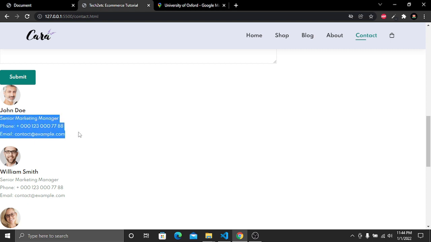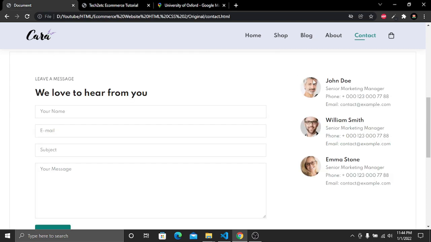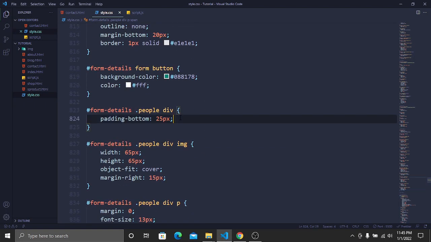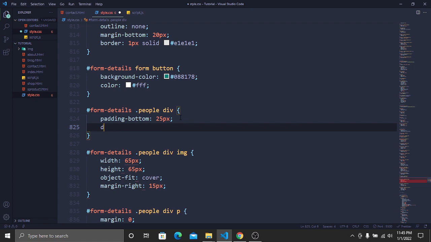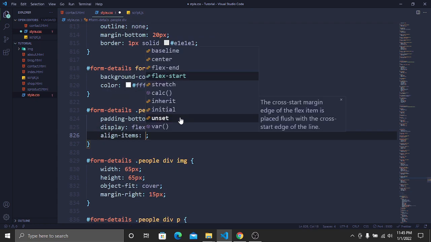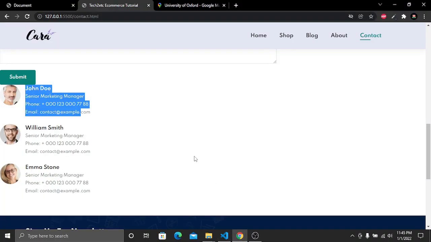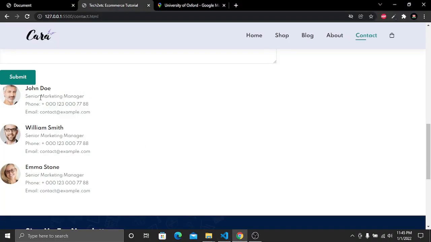our details. Okay, now here you can see that this image and our text are now in one column, but I want them to be in one row like this one. So for doing this, let's go to our code, and in our div here you can see that we have to use display flex, align items flex start. Now save and go to our website, and here you can see that our image and our details are